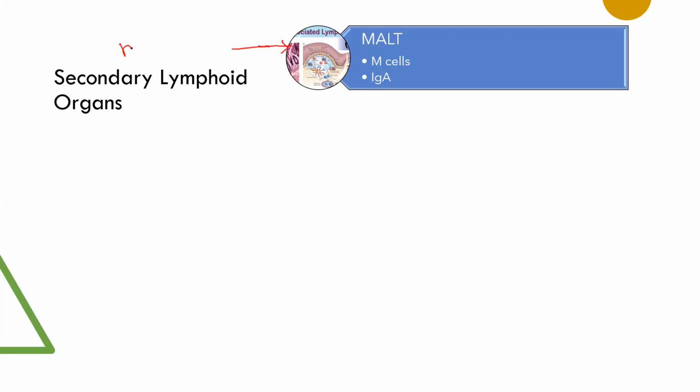So wherever there is a mucosal lining, we have the MALTs present. We know that our entire digestive system, alimentary canal, is lined by mucosal tissue, right? So we have the MALT present over there. So let's see the structure of mucosa associated lymphoid tissue. I'll try to make it